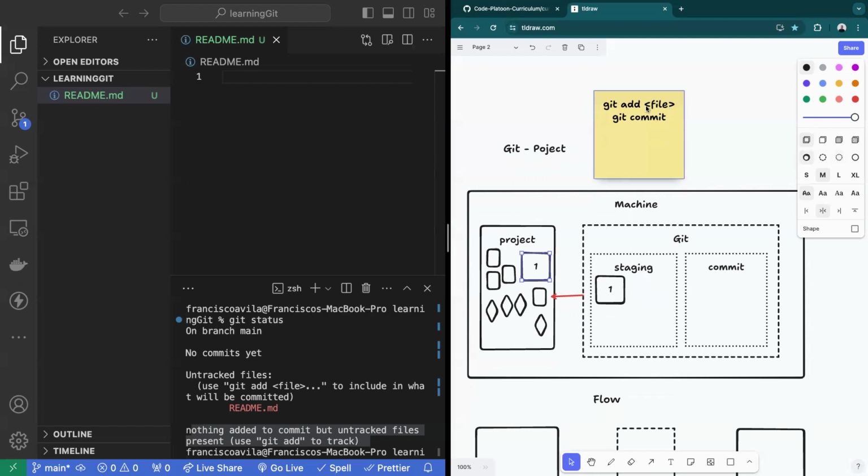All right, so that's my git add command. What my git commit command does is